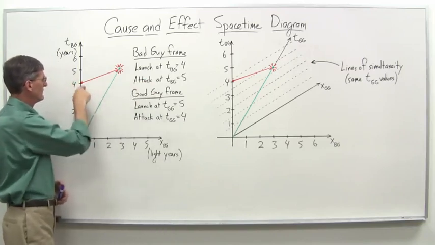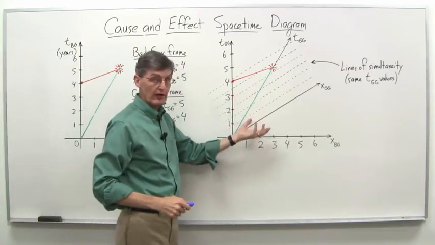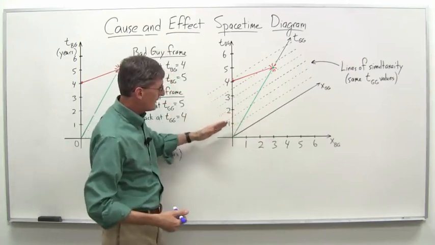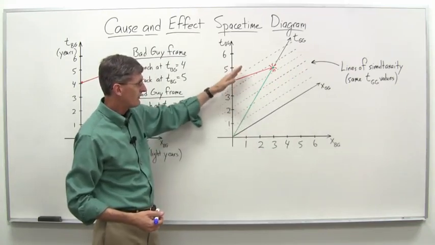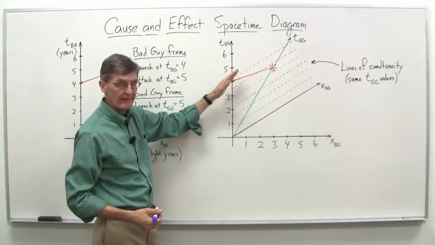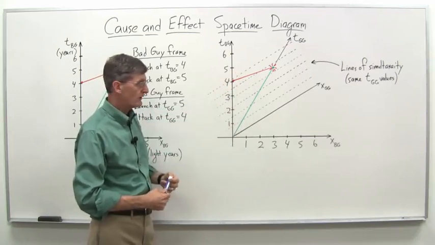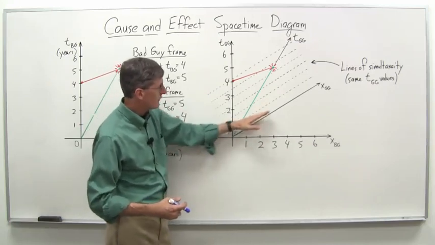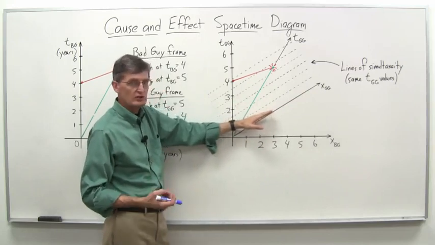Everything that's going on, say at t equals 4, is on this line. When we have the skewed axes, everything that's going on at a given time is a line parallel to the x-axis. And so I've drawn in a number of these lines here, so they're just all parallel to the x-axis. And if we analyze this, just to be clear, the x-axis is when the x_gg axis is all events when t_gg equals 0.